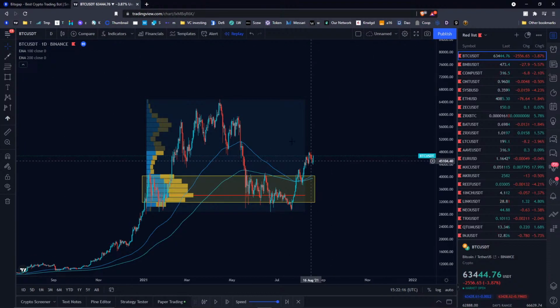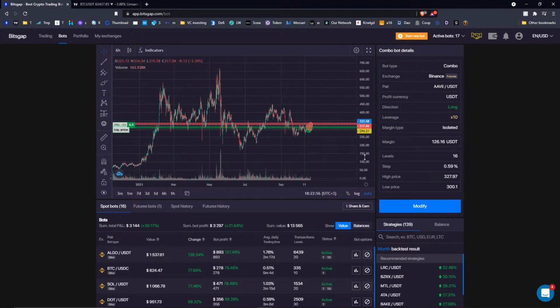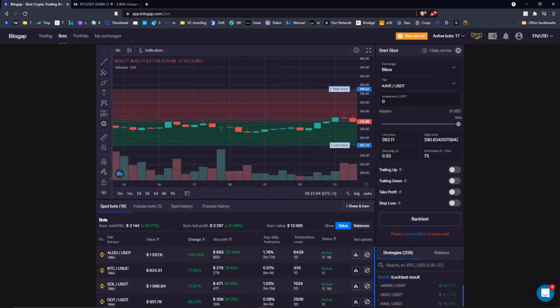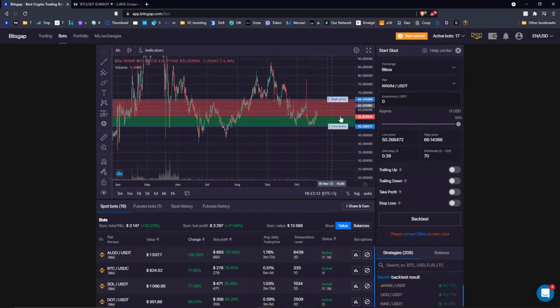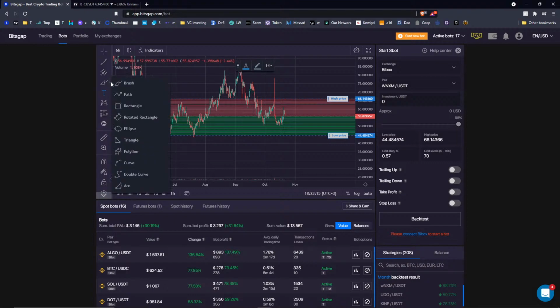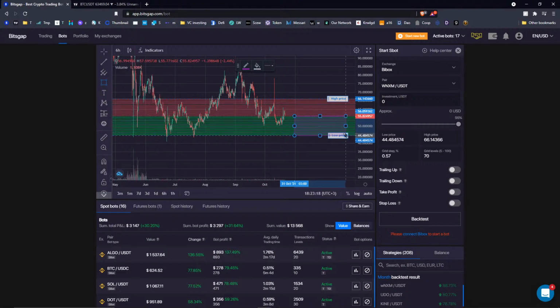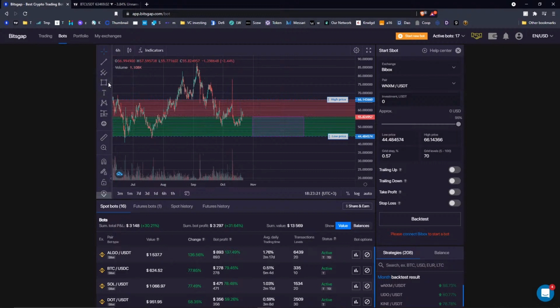Because you can still enter the market even when the price has almost reached this resistance, and you know that there might be a short sell-off, you can actually speculate on this short sell-off because you have the bot and you have the grid set up. Let's use an example with maybe a random bot, maybe on VNX, wherever it is. So you always leave this space for the bot to use your quote currency to buy more of the base currency in case the price starts to fall from now.